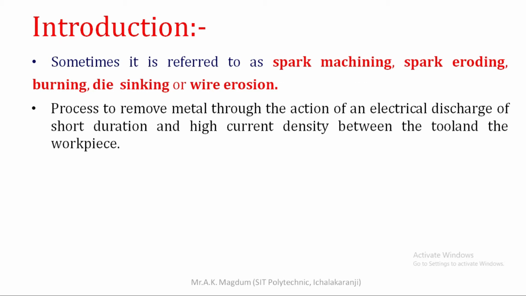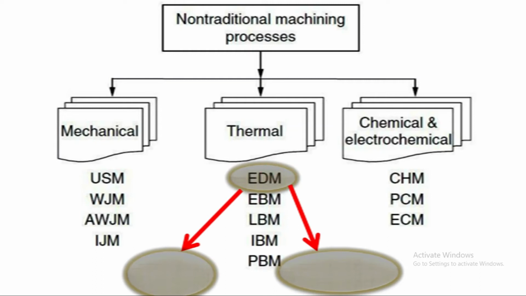Due to which, what will happen? Heat will be produced in the gap between the electrode and the workpiece. Due to this, some portion of the workpiece material starts melting, and that melted material is removed from the workpiece surface. Due to this, a machining region is defined, and according to the shape or defined profile of that electrode, a replica will be generated over the workpiece surface. So this is the basic introduction about the EDM process.